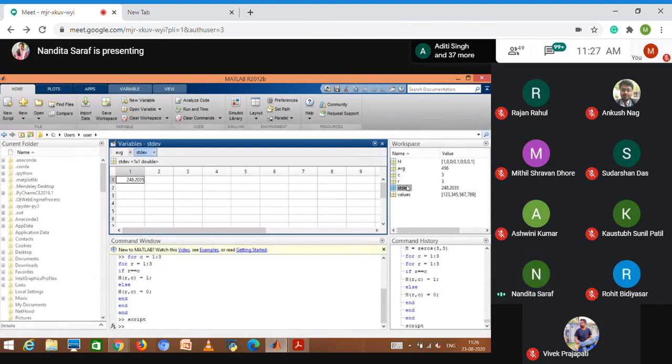Yesterday it gave us a warning that the matrix is badly conditioned, and so results will not be that accurate. If you go for a very large matrix, 7 cross 7 or 10 cross 10, inverting it may cause some kind of error, and it will warn that the condition number is very poor, and so results are not that accurate.